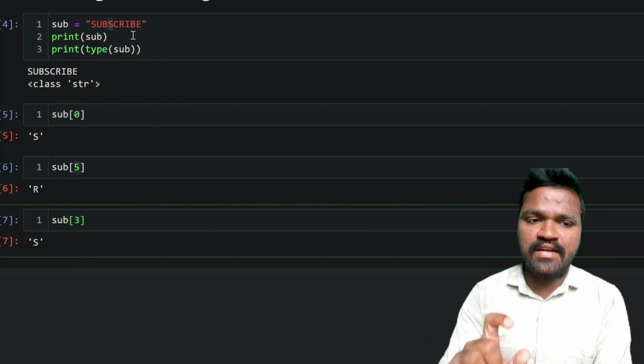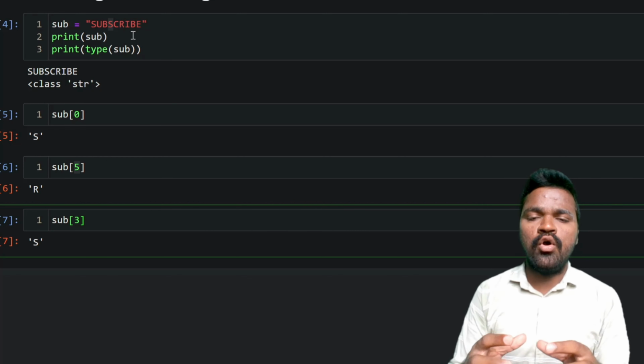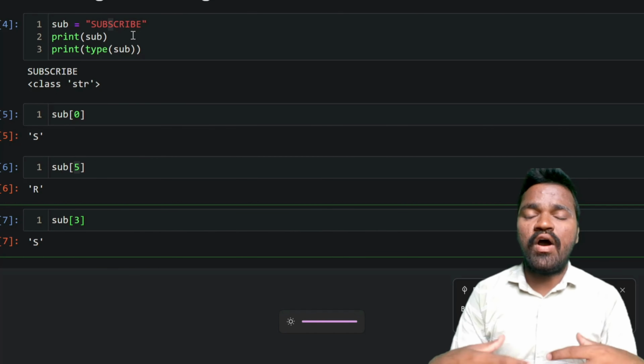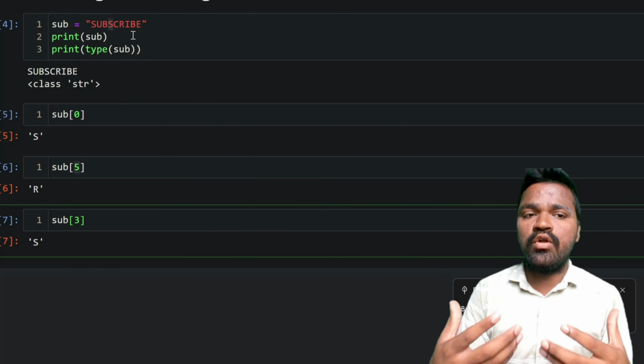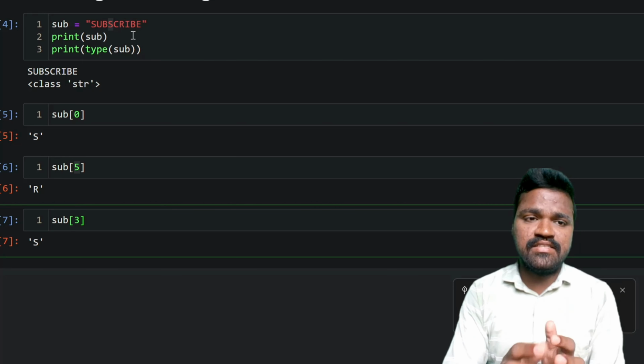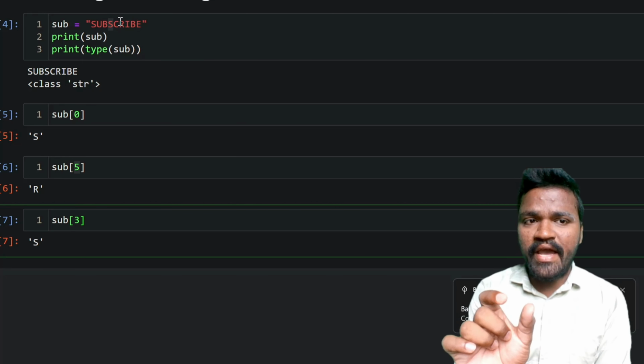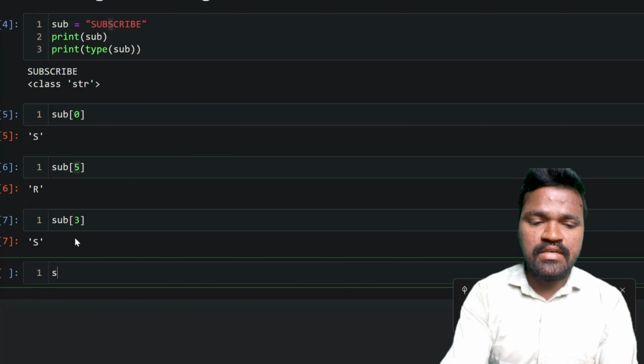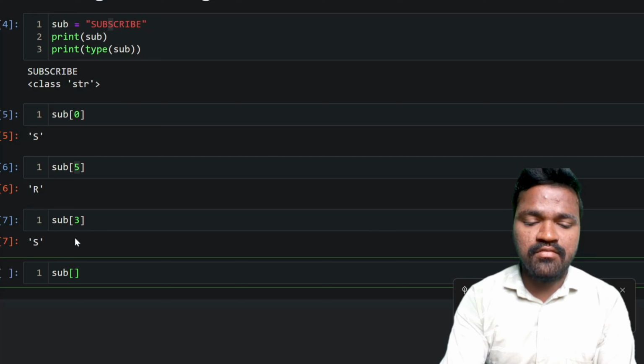Here we are accessing a single character only. So what if we want to access more characters? Let's say a substring: inside this string, we want to access a part of the string. What do we need to do at that time? At that time, we can use the same indexing operator with a little bit